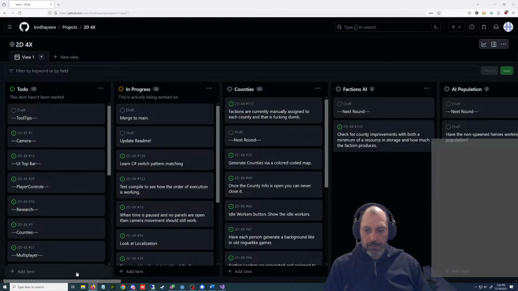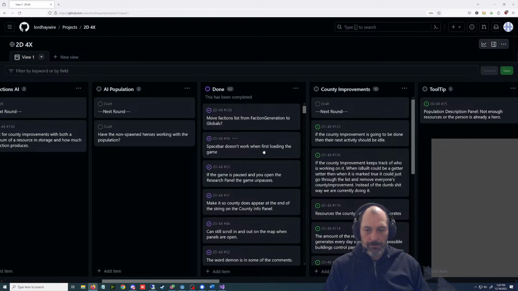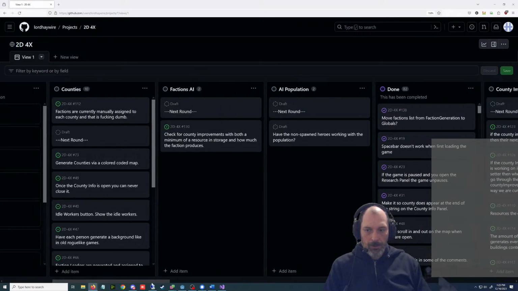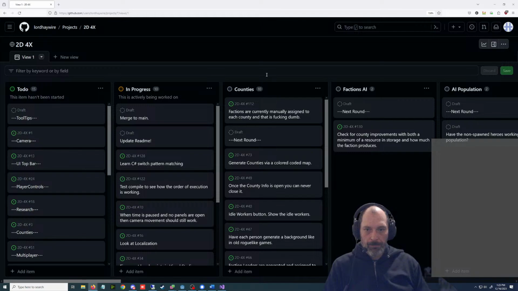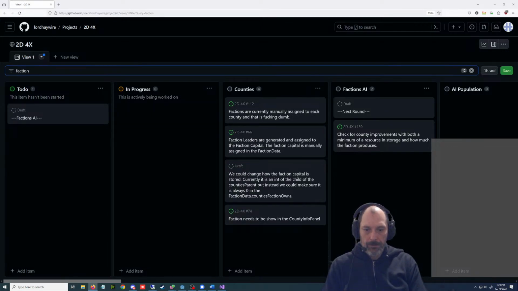The problem with accidentally closing things is it goes into this done pile randomly. That one went to the top. Oh, it was faction. We want the faction name. It's right here, under counties. I don't know how it got here.